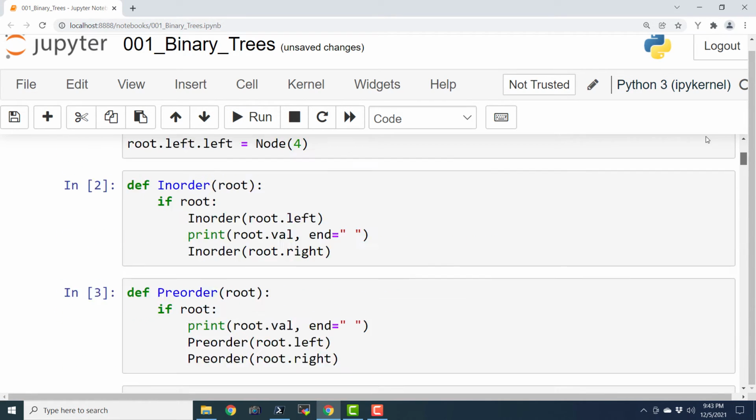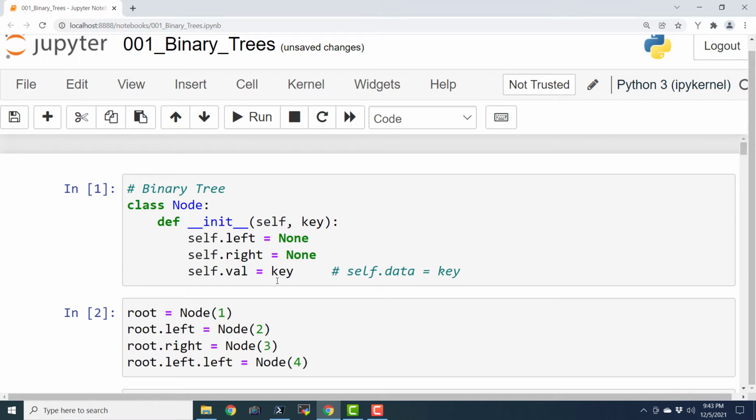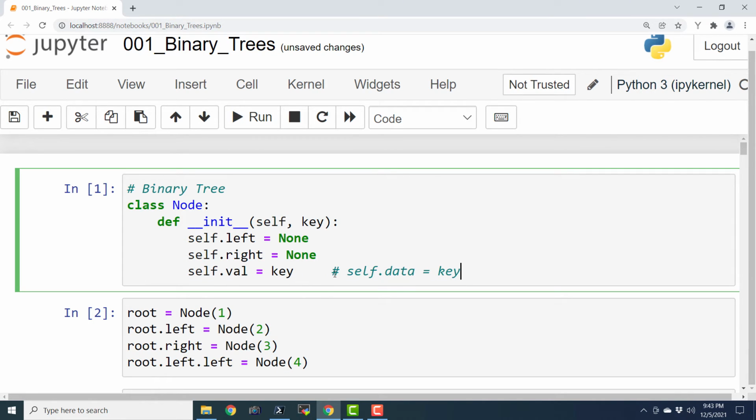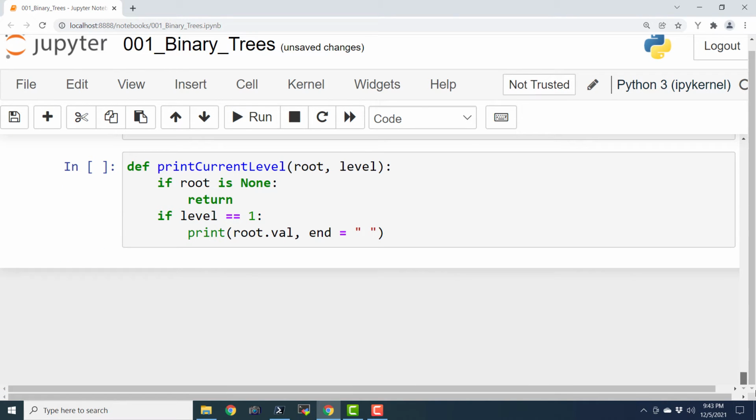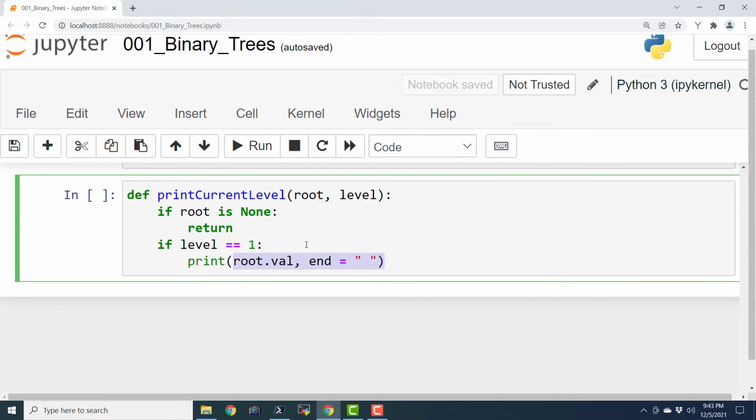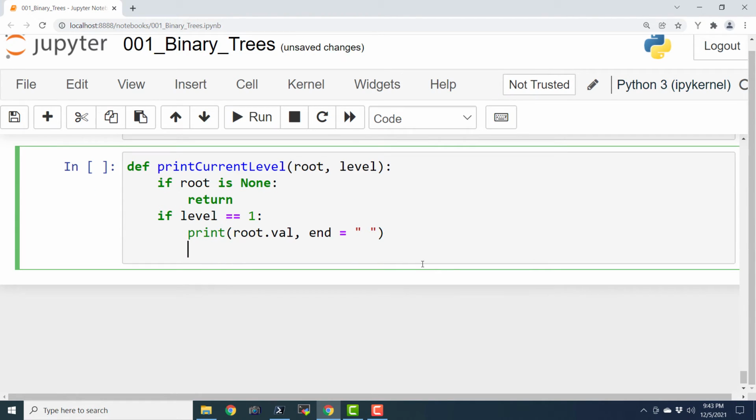We are going to use this node data structure, and here we have self.val. You might find pieces of code online that refer to this field as self.data. In that case, you can use root.data here. These are just different naming conventions for nodes.